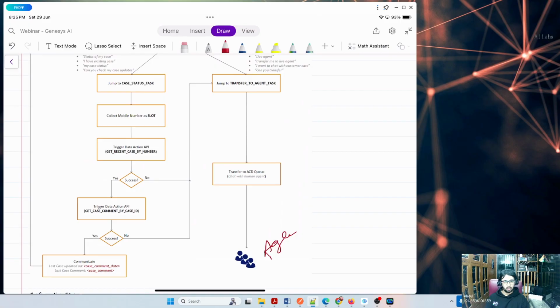And there is also something called agent assist. Agent assist is something like, you are chatting with a real agent and the customer says, I wanted to reset my password. If I have a knowledge base article on how to reset the password, in front of the agent itself, the moment the customer asks, a pop-up will come: okay, this is the way you can reset the password. Then I can simply say, these are the ways you can reset the password. So that's called agent assist.